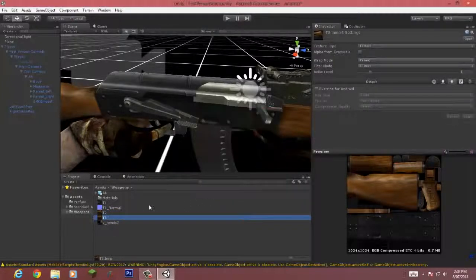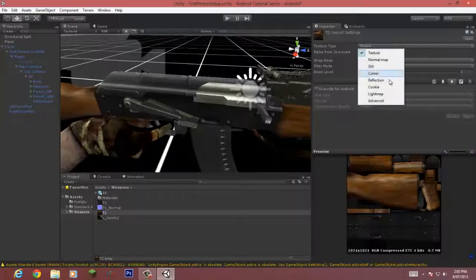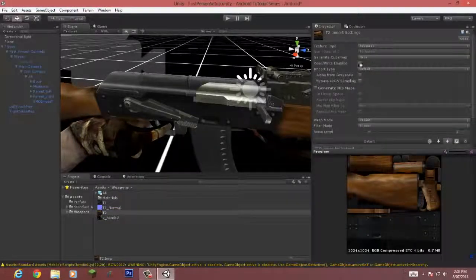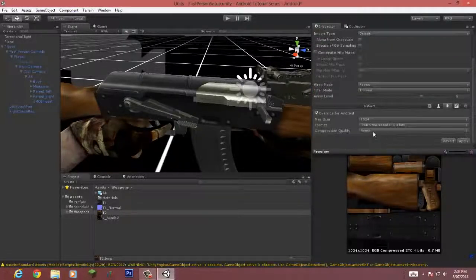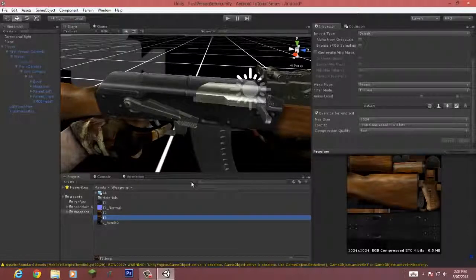So T2, once again, switch it to advanced, turn off read write enabled, trilinear, 6 levels, off, and best. Then let that compress. Now duplicate it, and then rename it to, of course, T2 underscore normal. Once it's finished renaming,